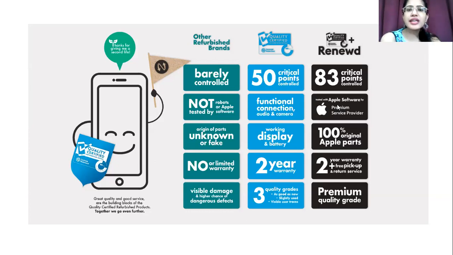So internally, every component has to be checked, which we check like battery life, how long it is working and how long it needs to be charged. The battery is working properly or not, everything has to be checked. So this is all about the internal and external parameters which need to be checked out. And once we check these parameters, and they have crossed all the parameters, it is assured that the product quality is good, as well as it is ready to have a good service out there.